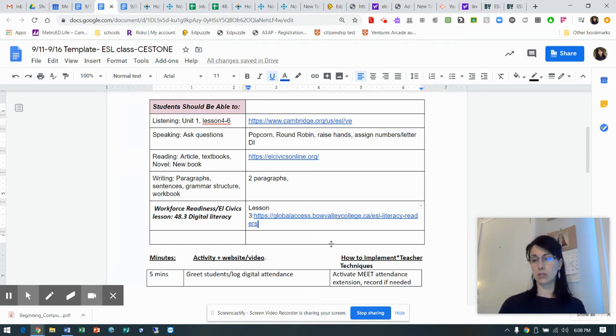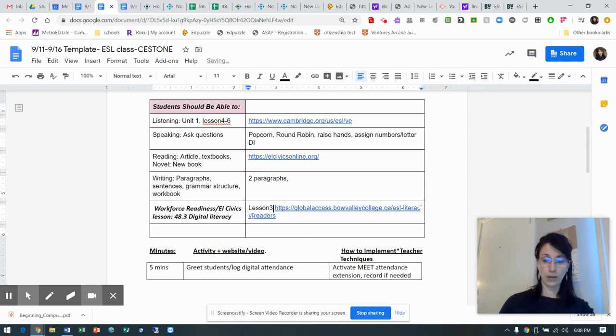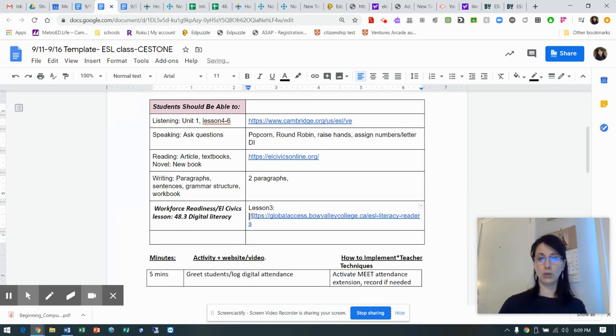So it gives them the source, and they can go there and take a look at that as well, if they have time. Usually they don't after work, right? So it's really up to you to kind of walk them through this kind of thing and show them how to learn and how to access information. That's part of your job, right?